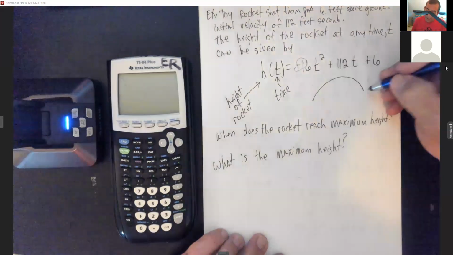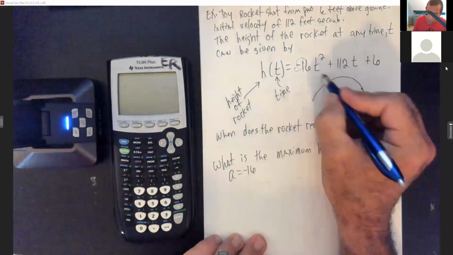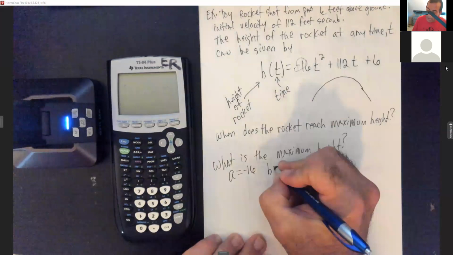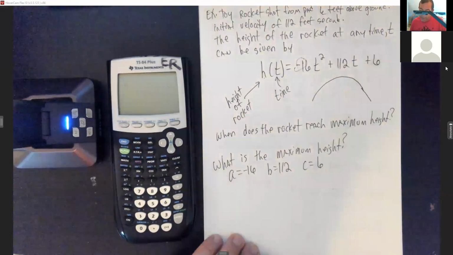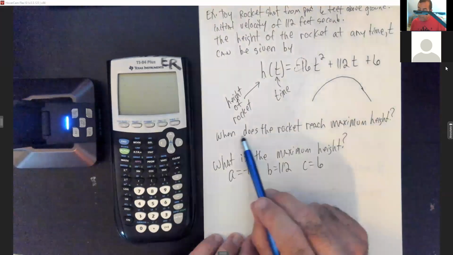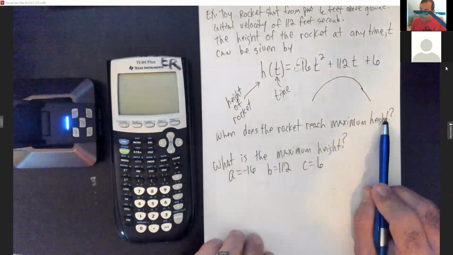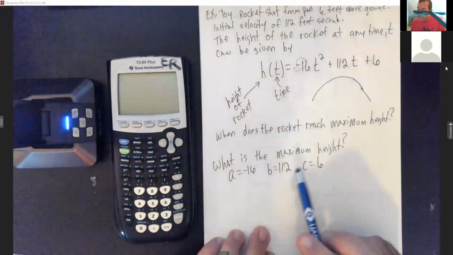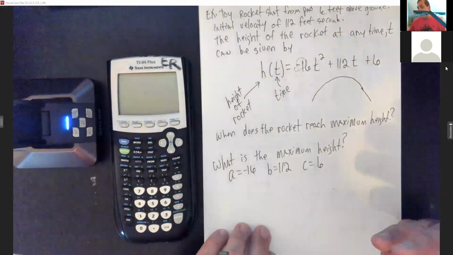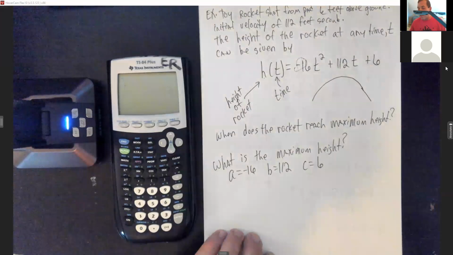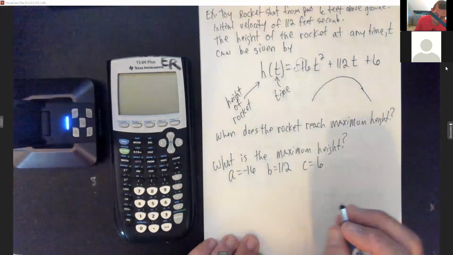All right, so A will be negative 16. B will be 112. And C will be 6. So since the rocket, when does it reach maximum height? That's going to be a time, which will be my T. So since I'm finding the T, that'll actually be equal to the X coordinate. And then the height will be equal to the Y coordinate. So we're going to get the height first. We need to find our